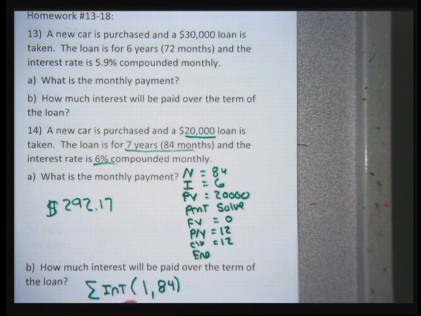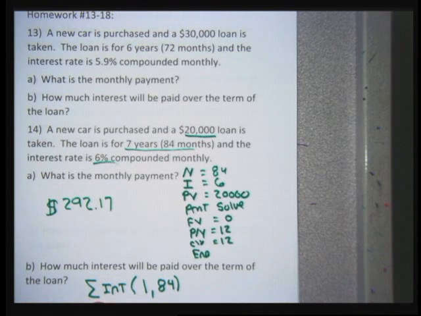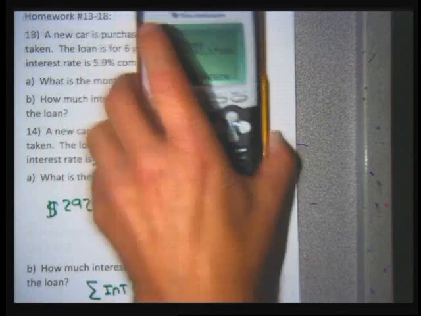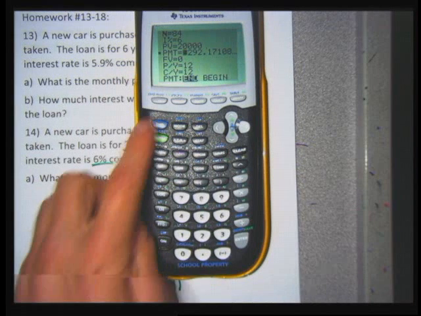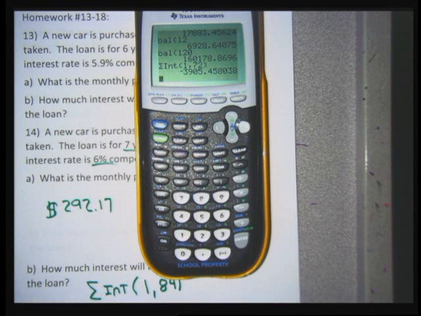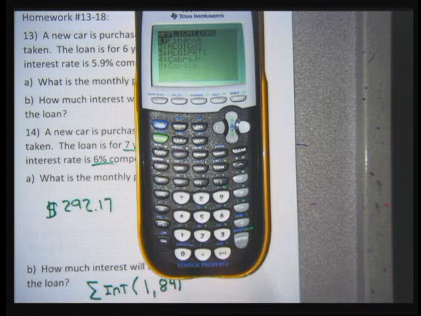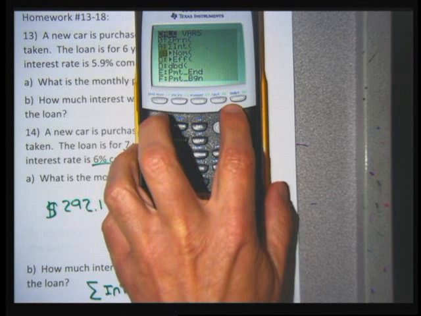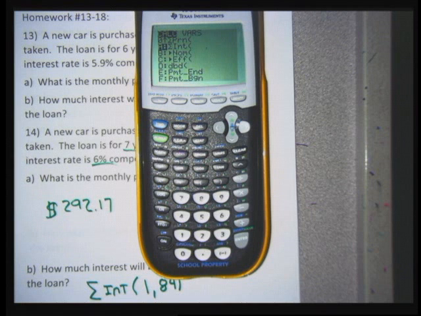So that's what my goal is, to enter this on my calculator, because this app is going to add up the interest over the range that you tell it. I want it for the term of the loan, so from the first to the 84th payment. So I go back onto my calculator, second mode to get out of the screen, clear out there because it's getting junky. Go apps, finance. I think if you go up, you'll get to sum of interest a lot quicker as opposed to going down. There's sum of interest, hit enter on it,